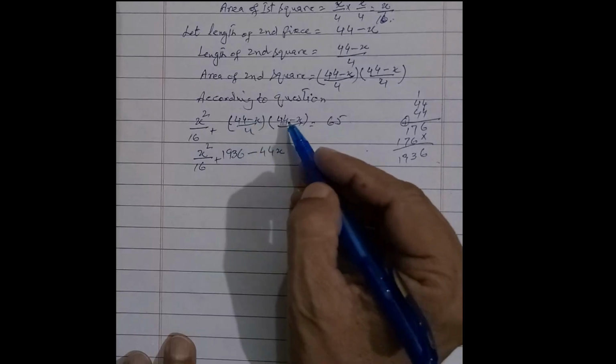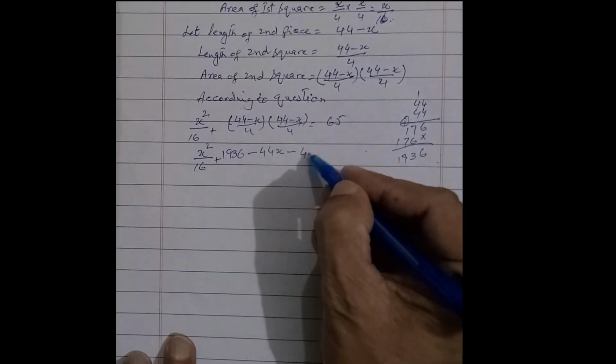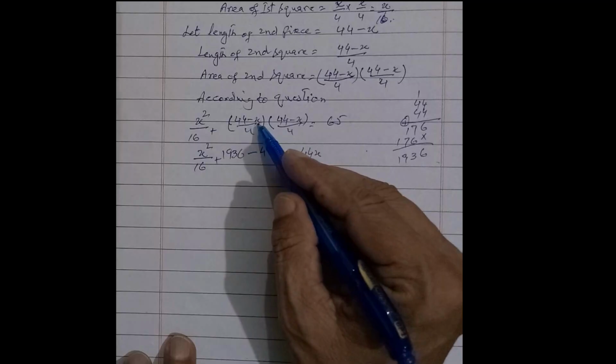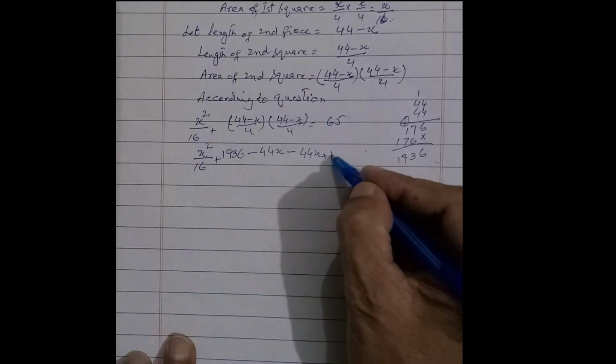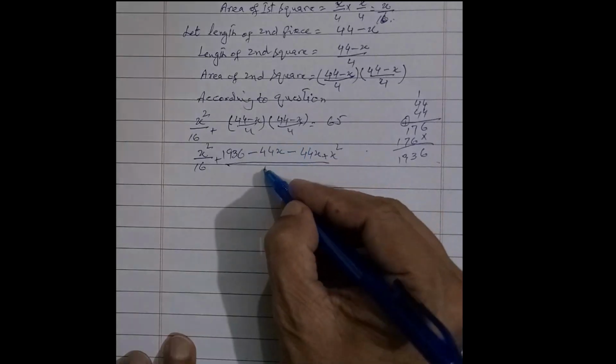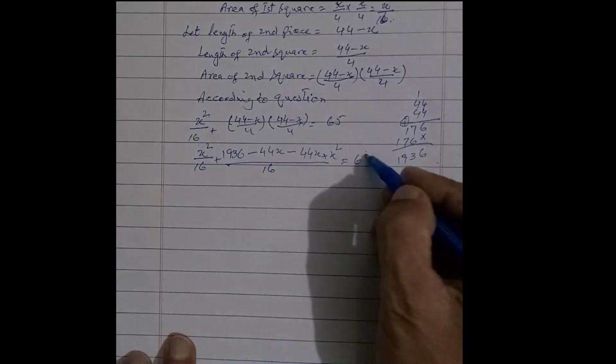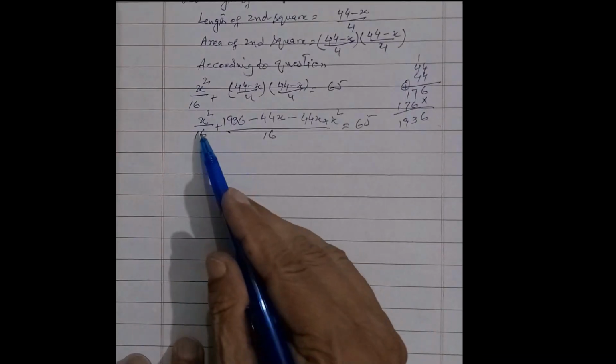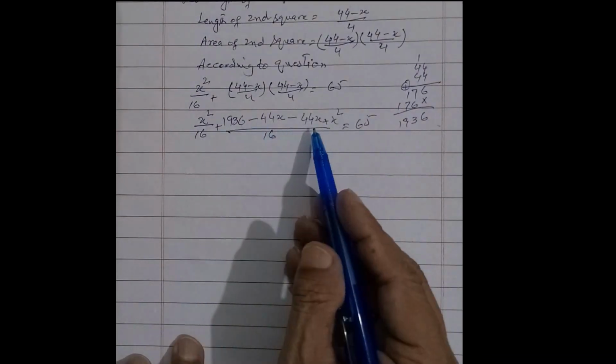44 को हमने 44 से मल्टीप्लाई किया, फिर माइनस 44 को x से मल्टीप्लाई करेंगे तो माइनस 44x, फिर इसी तरह माइनस x को 44 से मल्टीप्लाई करेंगे तो माइनस 44x, फिर माइनस x को माइनस x से मल्टीप्लाई करेंगे तो प्लस x², और इसका डिनोमिनेटर आ जाएगा 4 मल्टीप्लाई बाई 4 इज 16 एंड इट इज इक्वल टू 65। अब इनको फर्दर सॉल्व करेंगे, ये दोनों वैल्यूज को हम ऐड करेंगे और सेकंड वैल्यू को सिंप्लीफाई भी करेंगे।